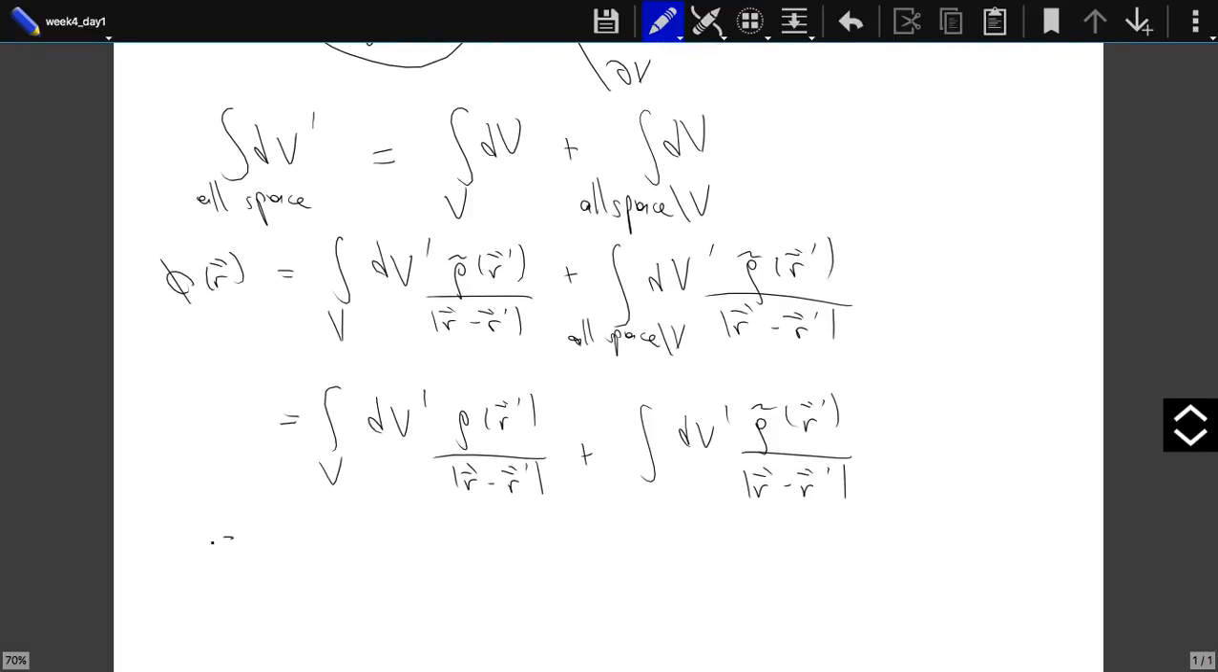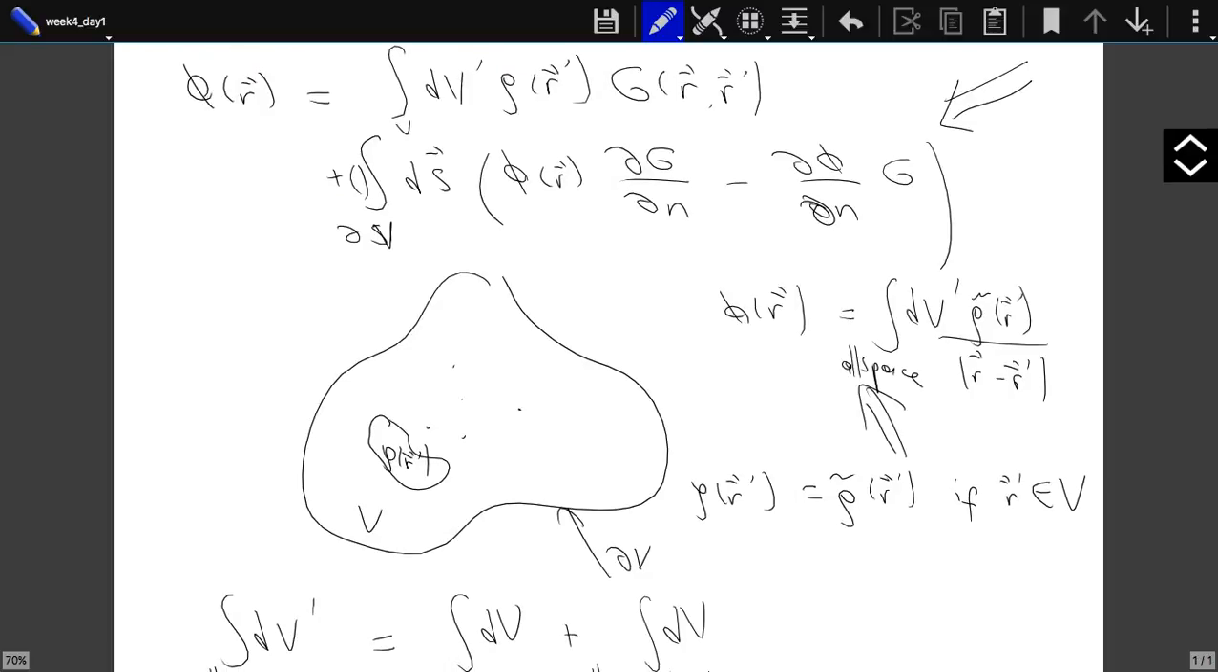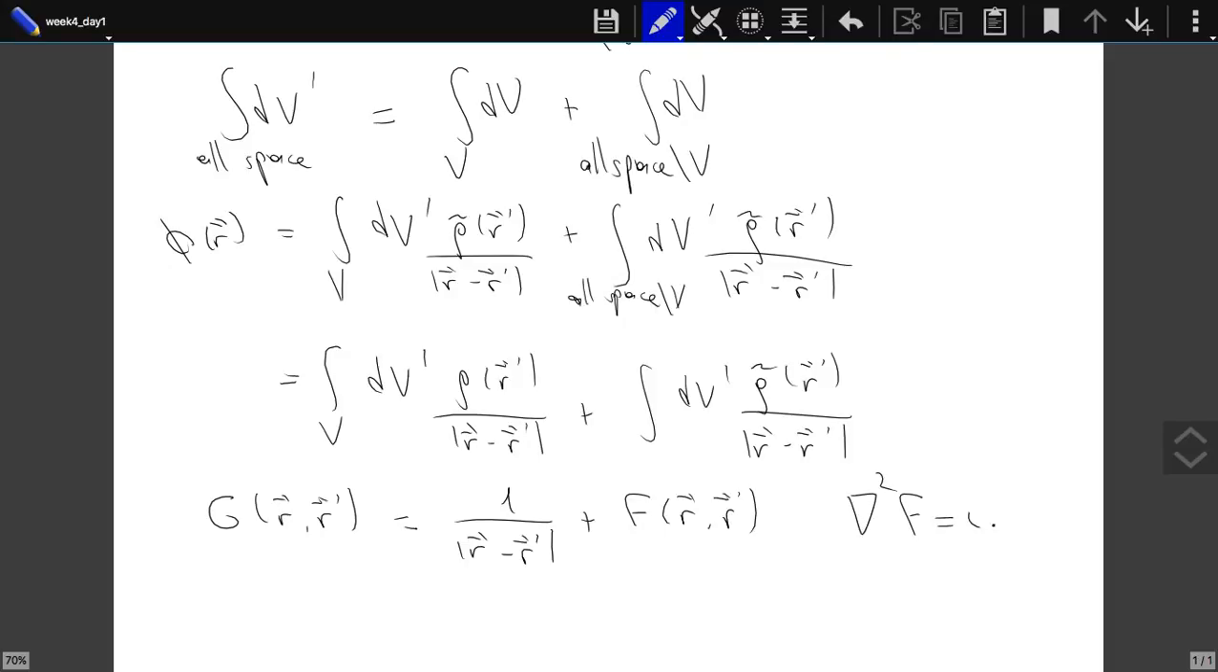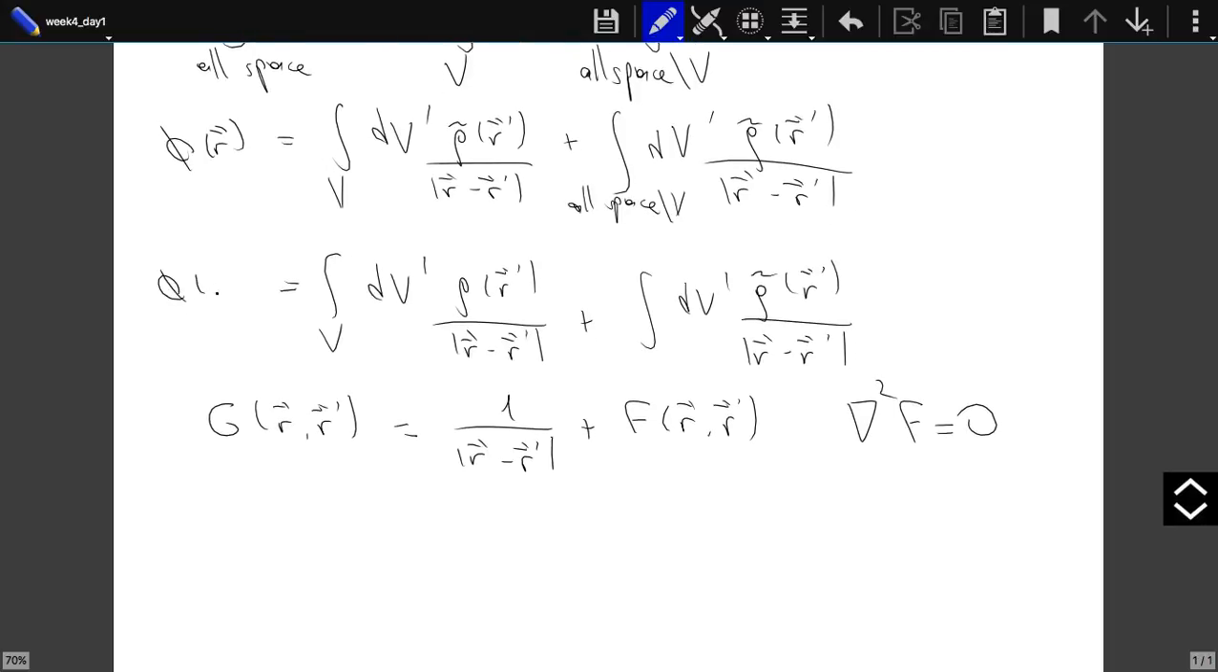Now the Green's function that we talked about, that we wrote here, is actually nothing but 1 over r minus r prime. This is the potential of a unit point charge, plus some other function which satisfies Laplace's equation, no charge. So if you compare this solution and the solution we have using the Green's theorem,